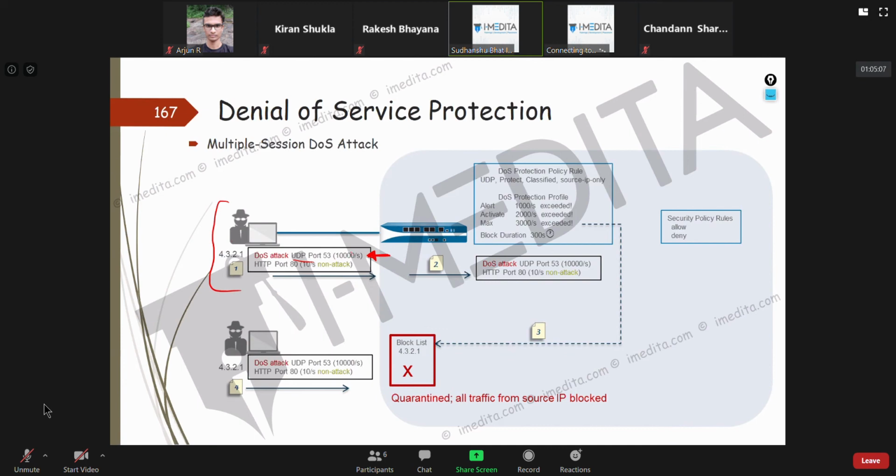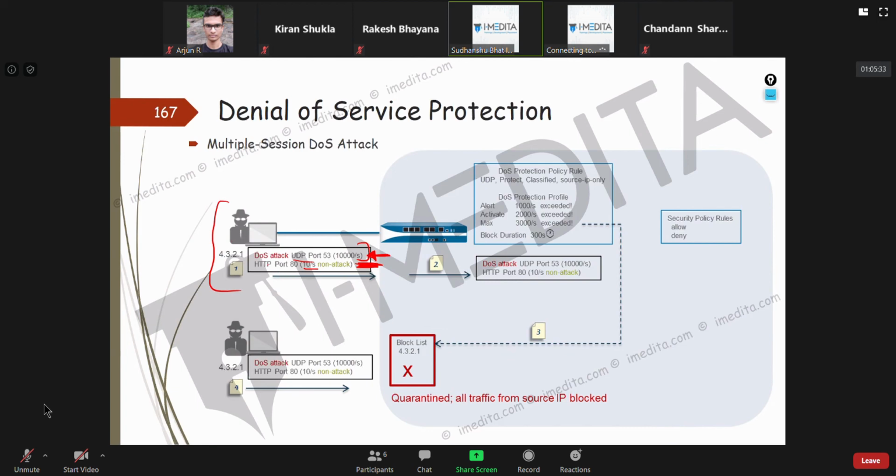Now this is not normal, right? Whereas at the same time, this attacker is also sending HTTP based traffic, which is just 10 packets per second. Obviously, this will not be a kind of attack, whereas the UDP traffic is something very serious.